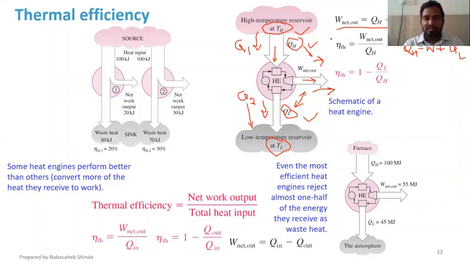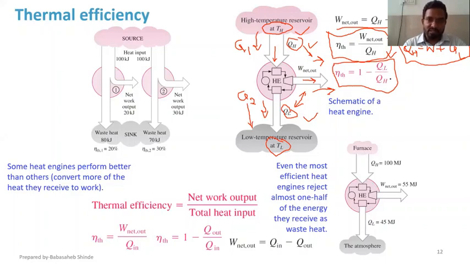So next relation is thermal efficiency. The performance measure in case of heat engine is called as thermal efficiency, and the relation is work produced or work output by heat supplied. So work output, we have derived this relation. W net is equal to QH minus QL. So if I replace the numerator with this one, I will get another relation for the same N thermal, that is thermal efficiency.